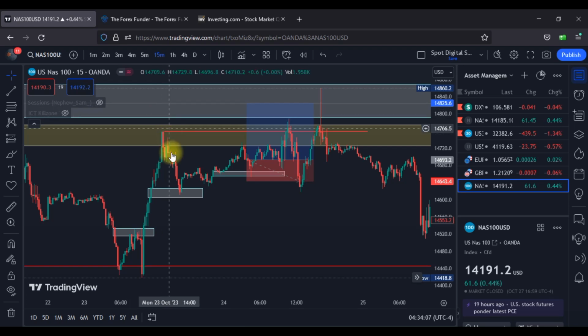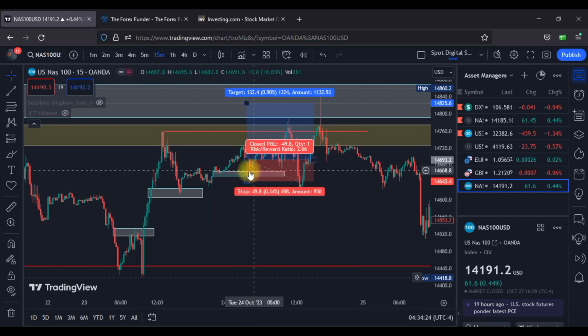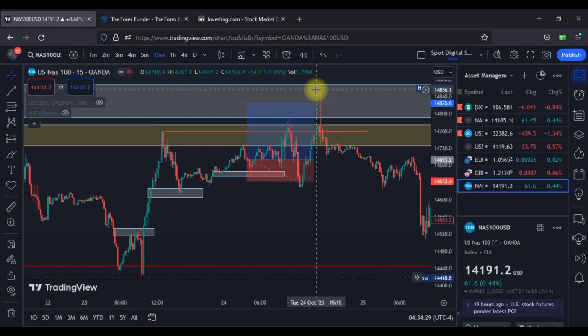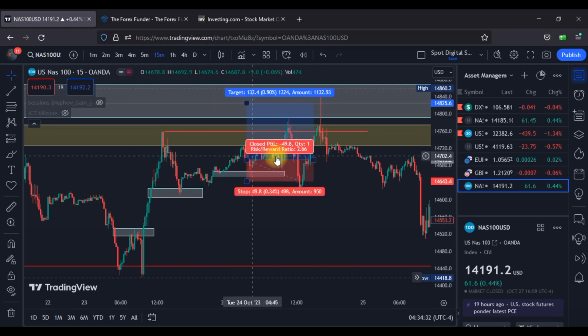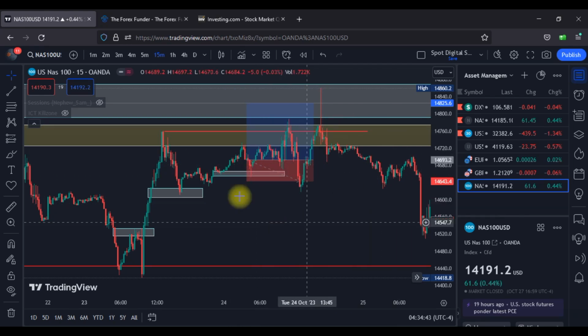Now, what happened on this day? Price did tap into a fair value gap here on the 15 minutes. You can see it, and on tapping that, it rallied but did not take out this liquidity. So when it came, took this little high here, dropped into another fair value gap, I was expecting that price would go for this liquidity and then ultimately tap this point, but I took a rather early entry because I was somewhat impatient for price to come back here. I didn't want price to leave without me, so I took that entry,